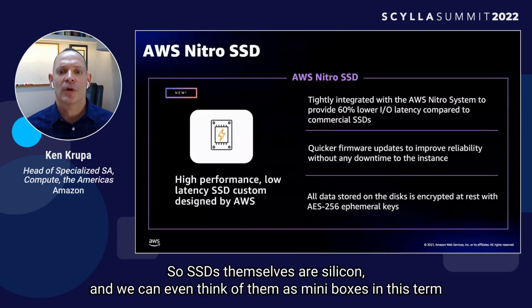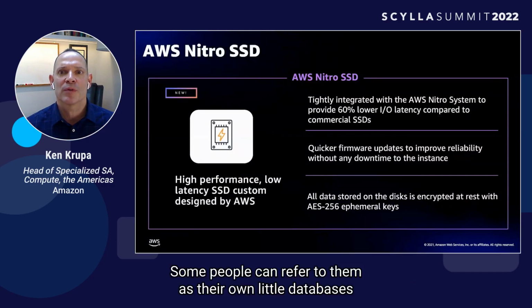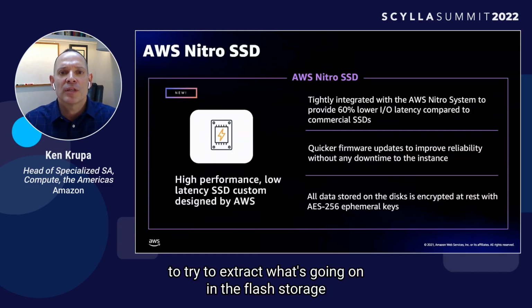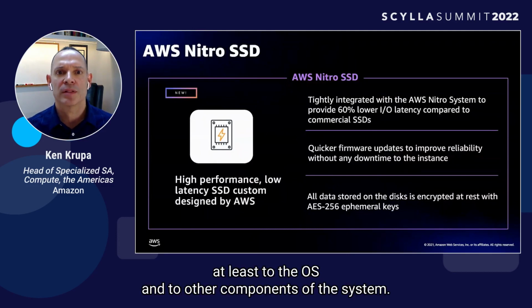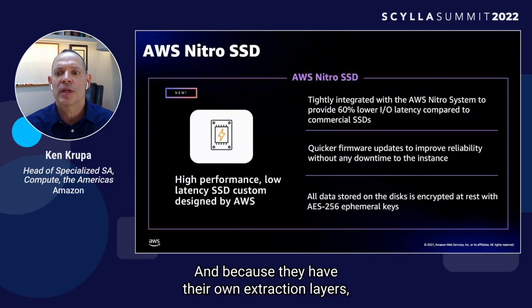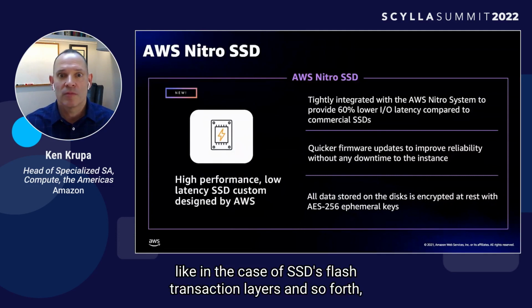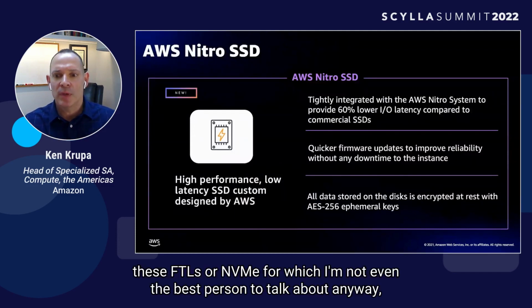All right, so a discussion of Nitro would not be complete without the Nitro SSDs. SSDs themselves are silicon, and we can even think of them as mini boxes in their own right, right? Some people refer to them as their own little databases, abstracting what's going on in the flash storage so that they look like traditional storage or spinning disk, at least to the OS and to other components of the system. And because they have their own abstraction layers, like flash translation layers and so forth, but without getting into the details of these FTLs or NVMe, for which I'm not even the best person to talk about anyway,